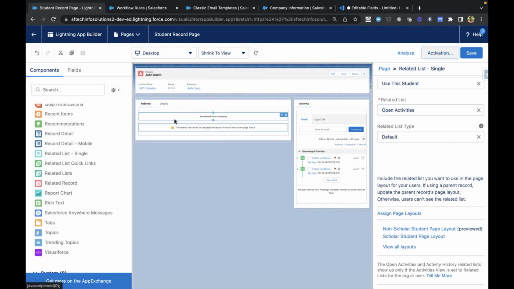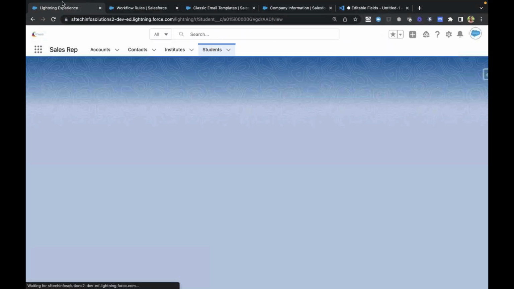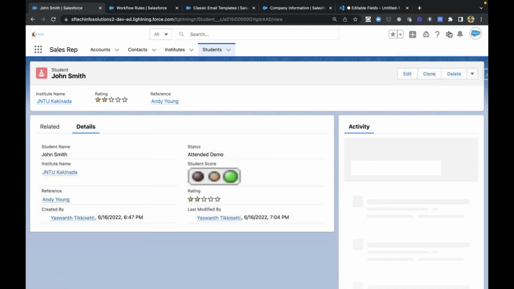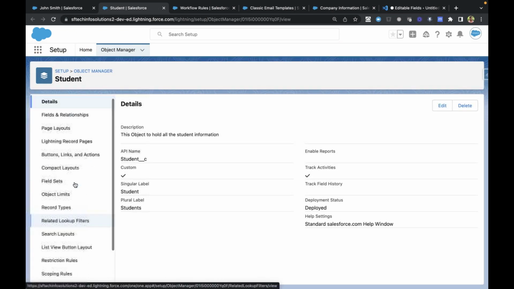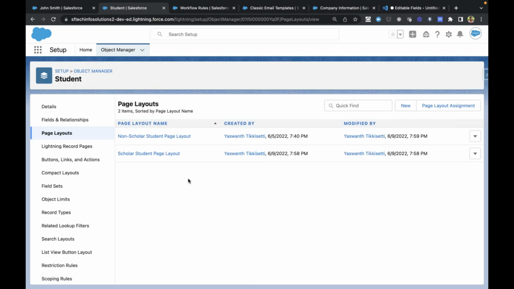So the related list to be rendered here, the related list in the sense I mean, the activities and everything will be called children of this particular record. Those will be called a related list. Whatever child records are under this particular record will be available in the related list. So to render this related list here, we need to add it to the page layout first. So I have to go to the edit object,